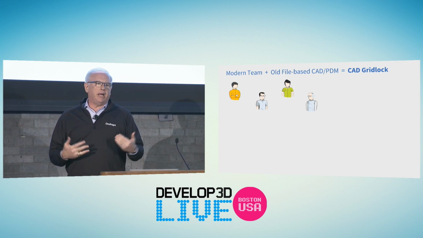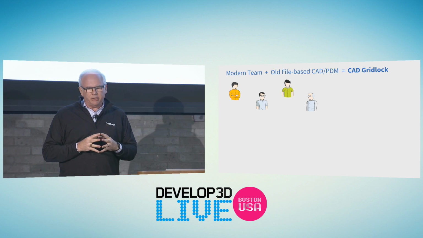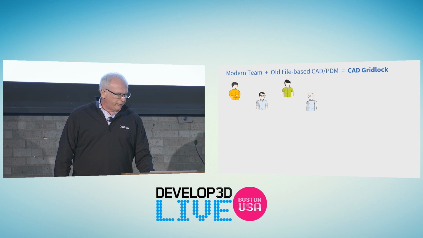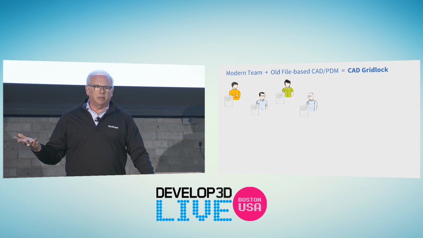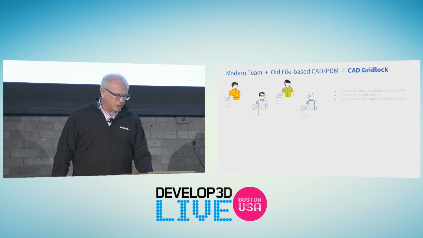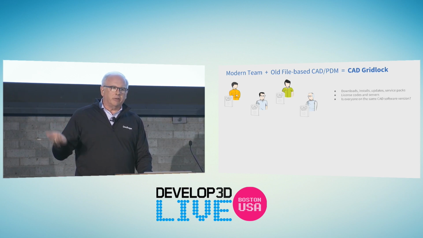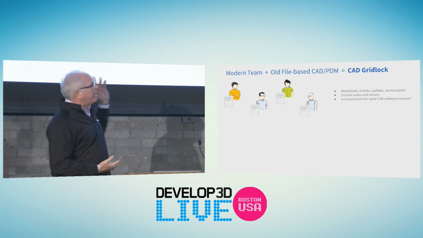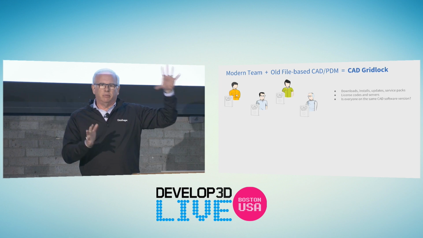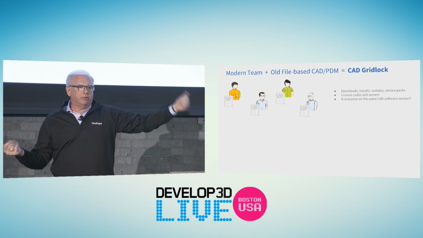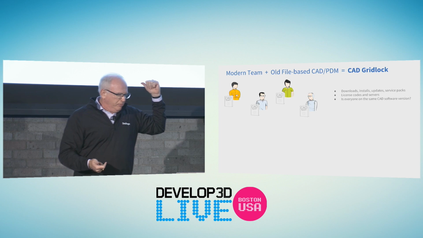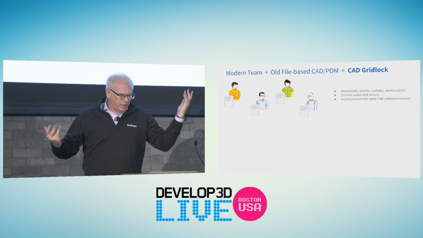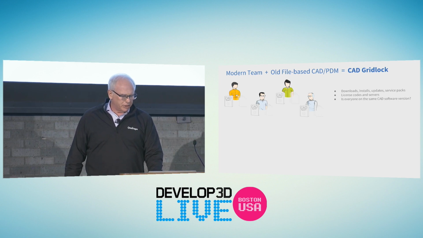So when we look at old CAD, and this is what led us to start this new generation, these are all problems that we see every day when we would visit design teams. The first issue is everyone needs a copy of the CAD system, and I literally mean a copy of the CAD system. You have downloads, installs, updates, service packs, license codes, servers for the license codes. And the big issue is, can you get everyone on the same version of CAD? This is probably the state of the art for many of you, where you're living with these kinds of systems. And who is everyone anyway? They're not just your employees. They're not in a neat little room. It's almost impossible to get everyone on the same version of CAD.